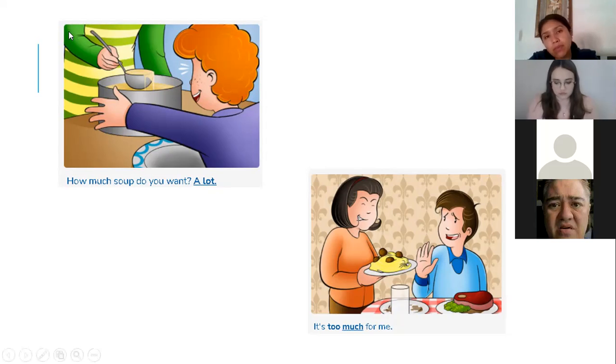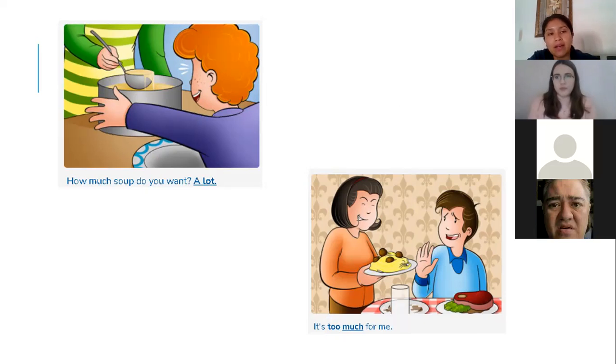Cuando una expresión, por ejemplo, en este caso, que va con much, que pudiera ser many en lugar de much, pero como aquí hablamos de comida, so this person is not gonna count the noodles, right? So when we have this expression before much or many, significa demasiado, o sea, mucho más de lo necesario. If I say, oh, it's too much, means como que es muchísimo, demasiado. It's like, no. If you see his expression, it's like, no, it's too much. Entonces, es demasiado.